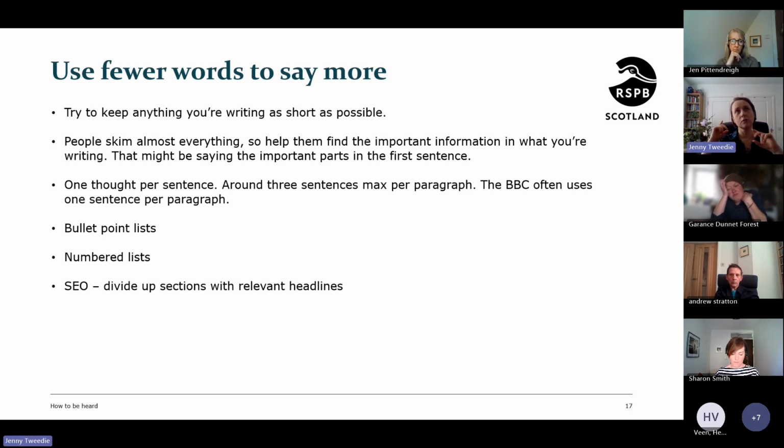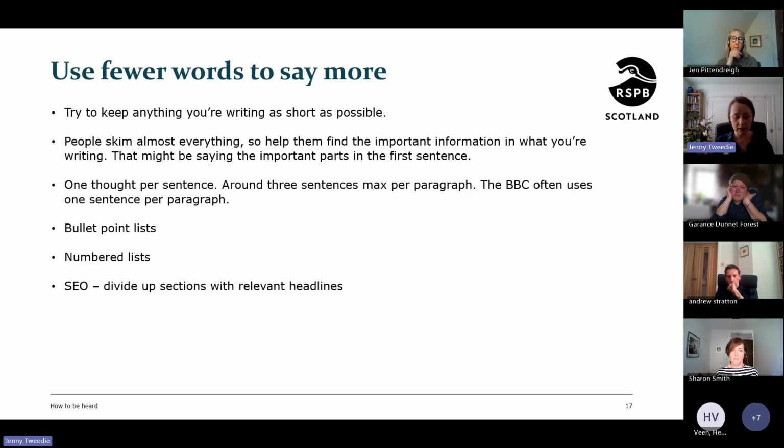If you imagine you're searching, tell me about lichens. I keep going back to lichens because it's a lot of what I write about these days. Tell me about lichens. You'll get a bit of text probably coming up from Plant Life or somebody that says, lichens are symbiotic creatures that are a fungus and an algae or something like that. You want to be that bit of text. You want Google to find your bit of text and match it perfectly to what people are looking for. So it's quite a good exercise to type some things in.